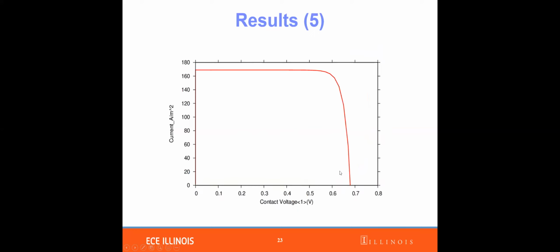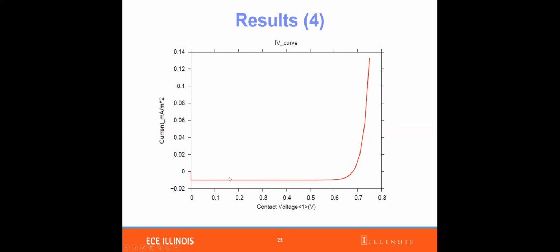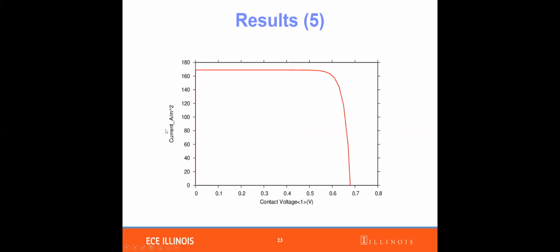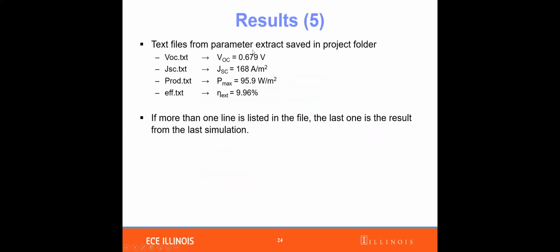And yeah, if you just extract this region and plot it, and by flipping the sign of the current density, you will get this. And you can see that your open circuit voltage is roughly 0.68 volts. Your short circuit current is about 170 amp per meter square. Okay, so this is exactly what you will get